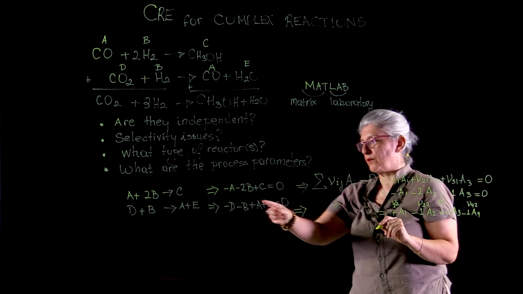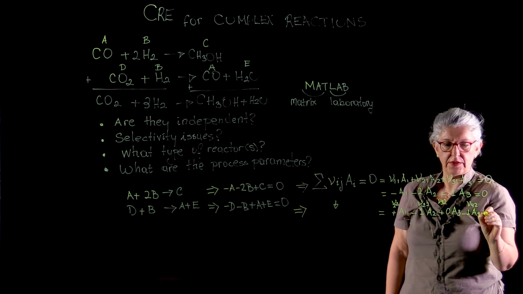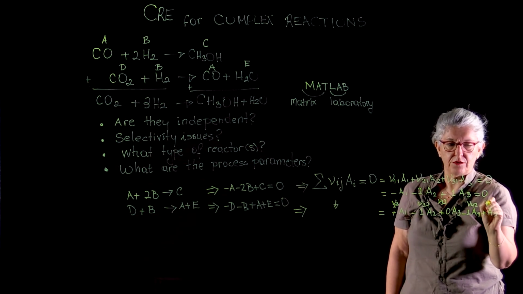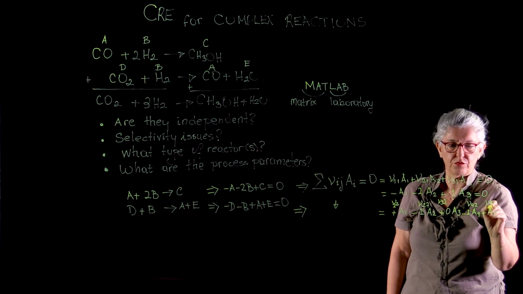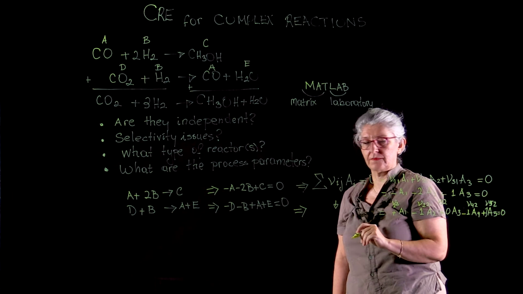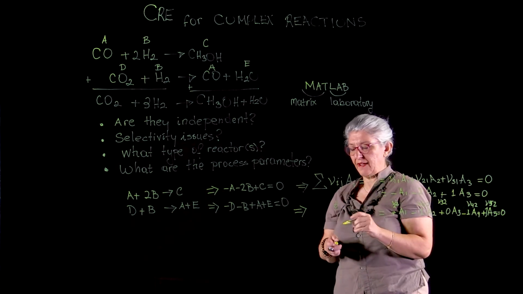Our fifth component is E, plus A5, nu 5 2. Nu 5 2 is equal to 0. So now we have